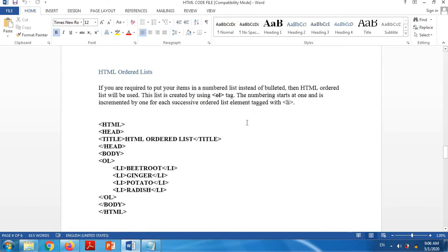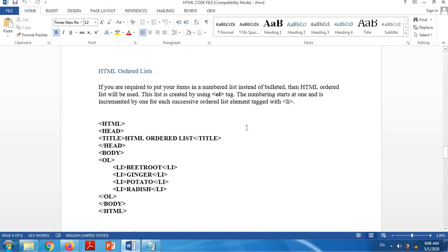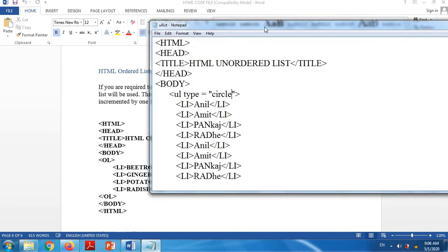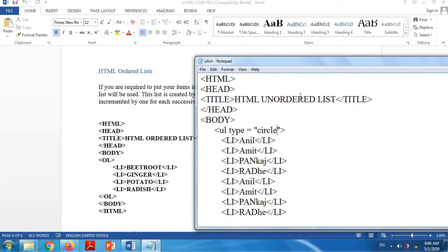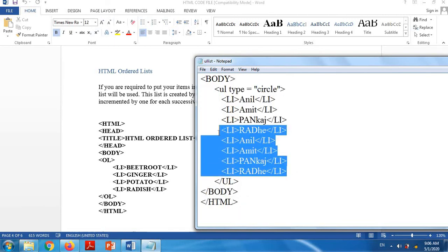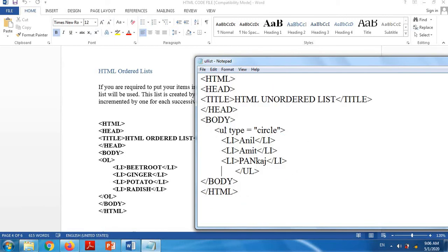Next, the second important list is the ordered list. If you want to see the code, you can compare this and this. I am removing this code. This is the unordered list code and this is the ordered list code. There is one difference between this and this.